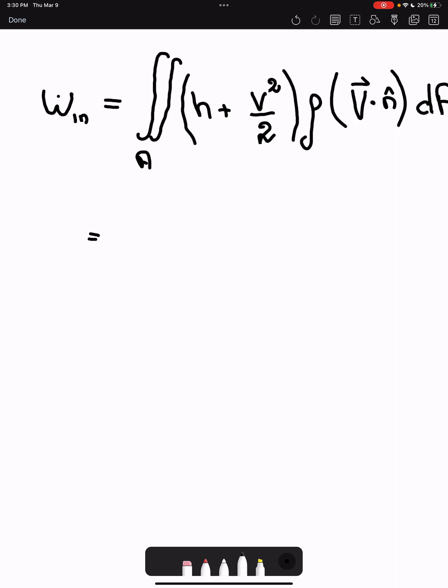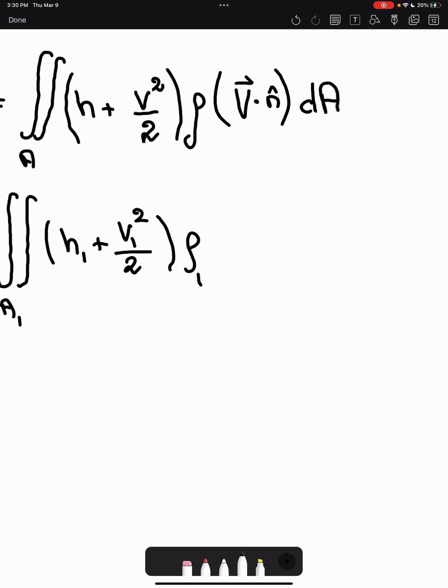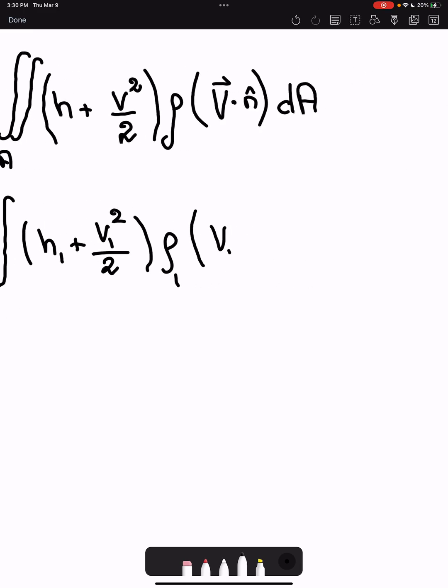So now I can split this into two parts. I'll rewrite the work in here, and I can say that this is over A1, H1 plus V1 squared over 2, rho 1, and then we have V1 dot N,